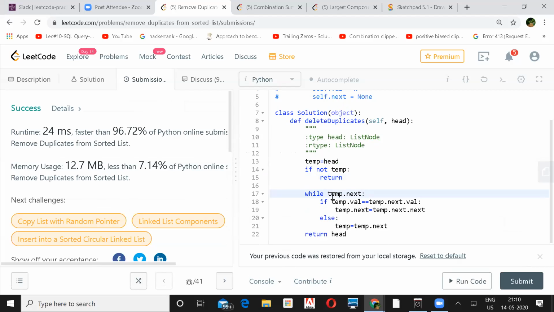In the while, you say temp dot next, you are looking for that. I'm just looking for temp, and I'm taking care of that in the if statement, if the consecutive elements are the same. Rest everything is almost the same. And I delete the node, because you don't have to delete in Python, you're simply pointing to the next one.